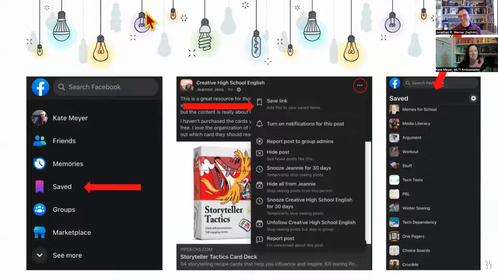I save everything. It's a bit of an obsession. It's like putting items in your cart without purchasing them. It's kind of satisfying in that way. So you can save posts, and the first arrow there on the very far left is pointing to what it